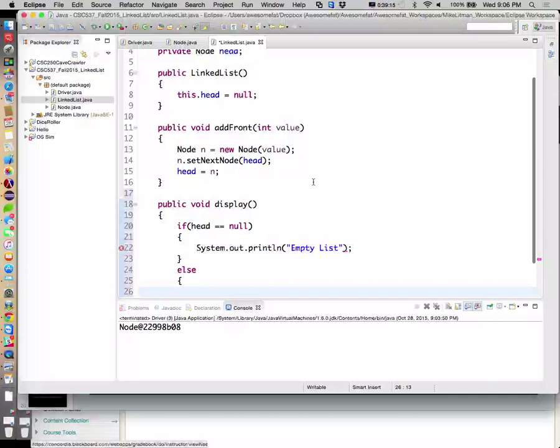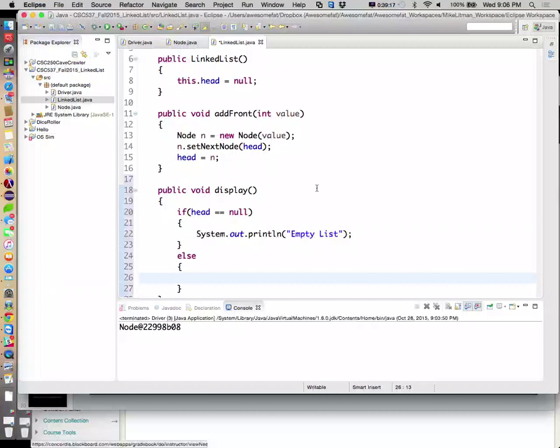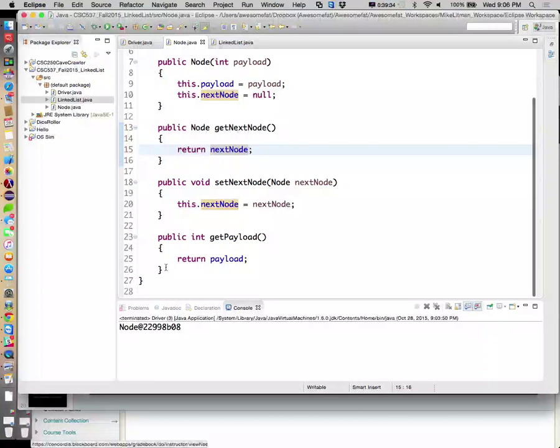Else, if head is not equal to null, then what we need to do is we need to ask head to display itself. So we're teaching linked lists to display themselves. Linked lists display themselves in terms of nodes being able to display themselves. So I'm going to go in here and we're going to say node has the ability to display itself.